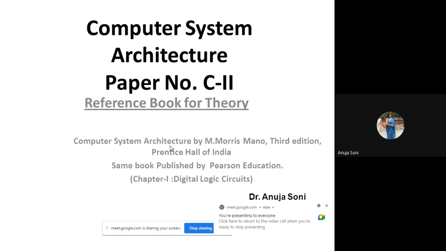Okay. Now we are at the very first slide of the PPT. The title of your paper is Computer System Architecture, and so far as the book is concerned, you have to follow this book, Computer System Architecture by